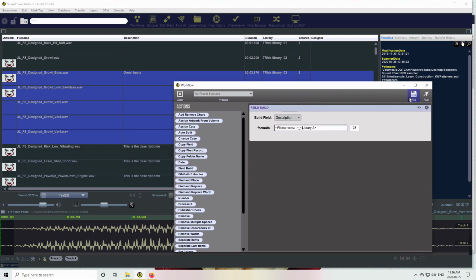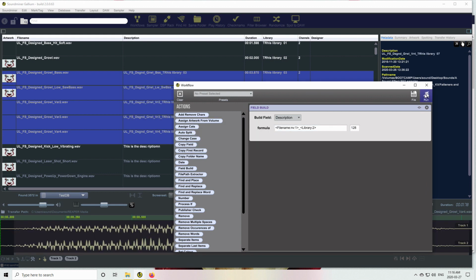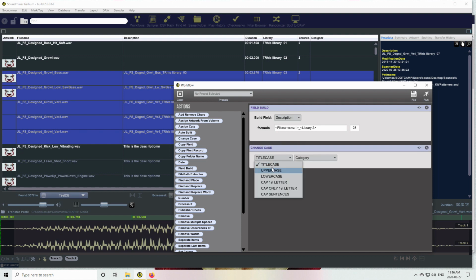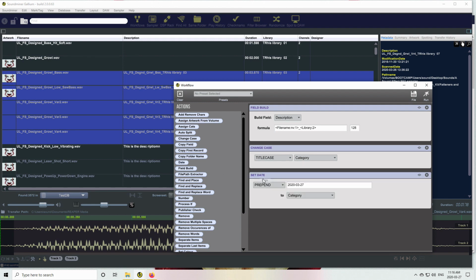Okay, let's run this. So you can see it copied the file name. It took out all the vowels, A, E, I, O, U. I don't know if sometimes Y applies. I have to check my code. So it's done that, and then it's done an underscore and put in library. So there's just these little actions to do like absolutely tons of things, capitalizing first letters, sentences. You can put like dates in,